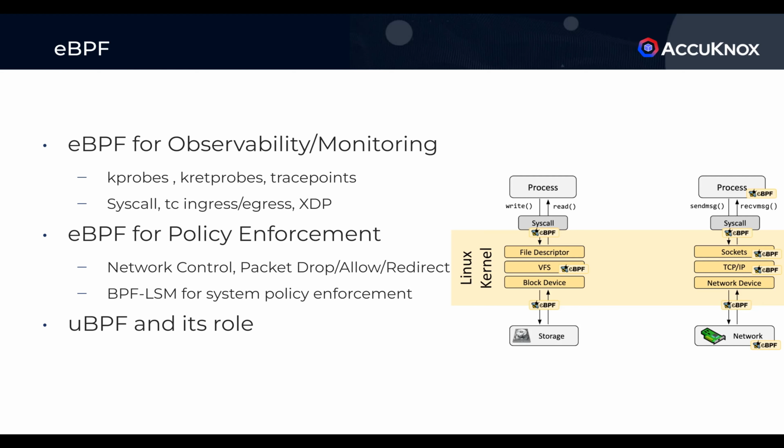So eBPF has two or three primary aspects. One is the virtual machine. The other is the set of hook points in the Linux kernel where the eBPF bytecode can be inserted. And the third is the BPF helper, which usually doesn't get talked about much, but is also an important point, because BPF helper functions are available for a given hook point only. For the TC ingress and egress hook points and the XDP hook points, the BPF helper functions would be drastically different. So you have to understand that, and that is why it gets complicated.